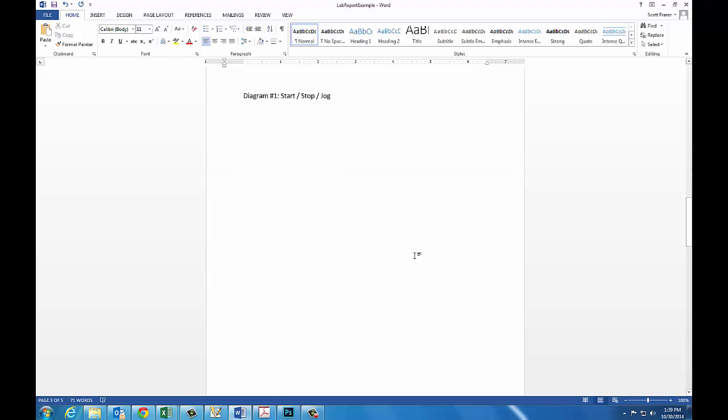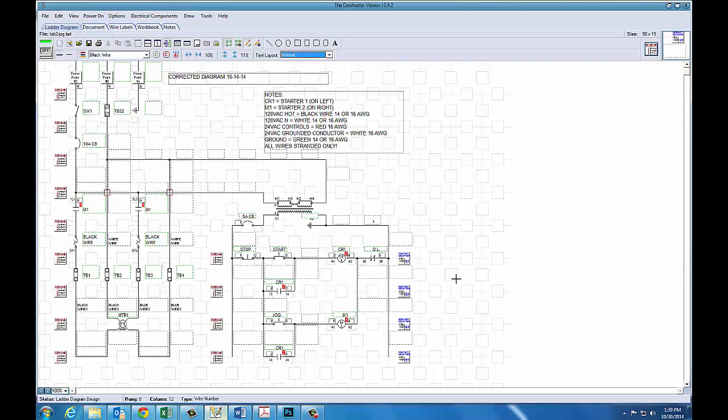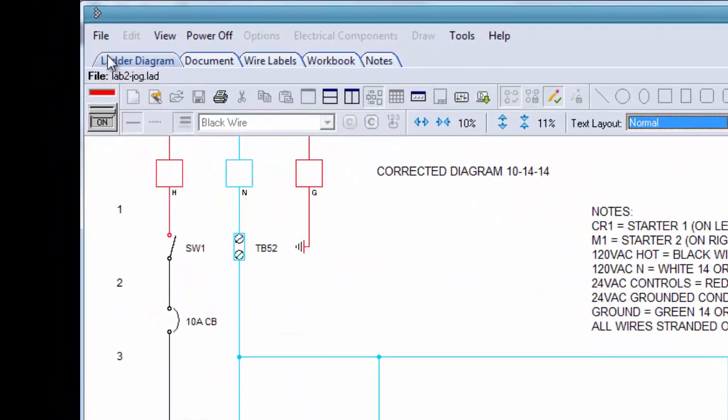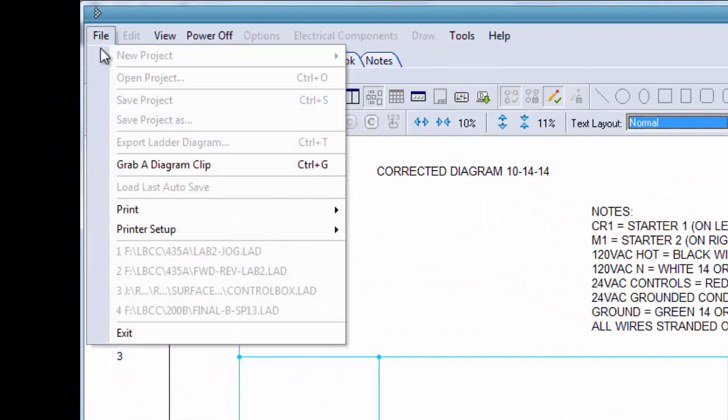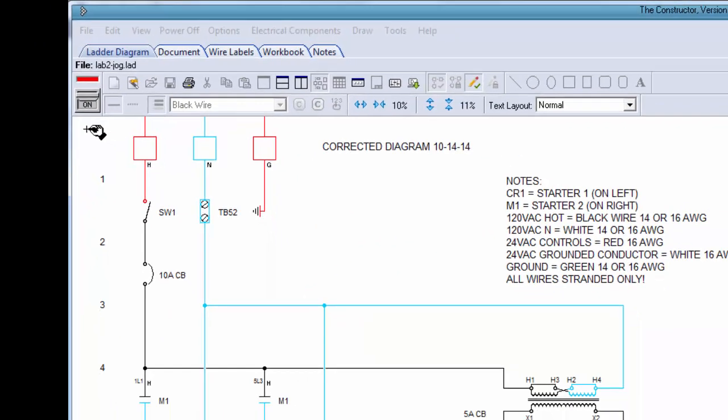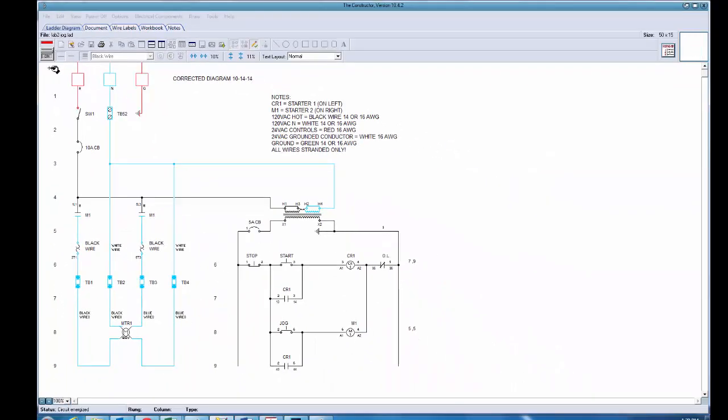Alright, we've got the diagram set up here for our StartStop Jog. I already have Constructor open. And here's my StartStop Jog diagram. I'm going to turn it on for power flow. And we'll go up here to File, grab a diagram clip, and you see the cursor changes to a little hand, and we'll just go and grab everything here